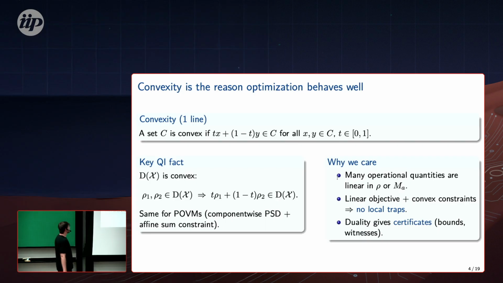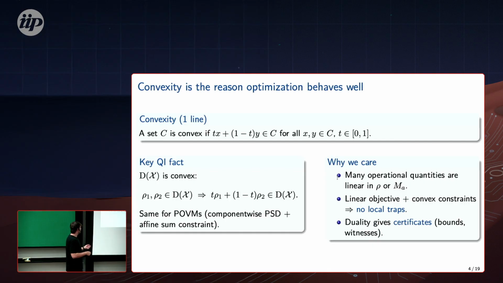All right. So just again, the basics. SDPs are convex optimization problems, so we're mostly going to be optimizing over convex sets. What are convex sets? Well, it just means that you have some set living in some vector space, and then you take convex combinations of any elements of the set, and this should be in the set again. And most of the sets we care about in quantum information theory are convex. Okay, so convexity appears everywhere.